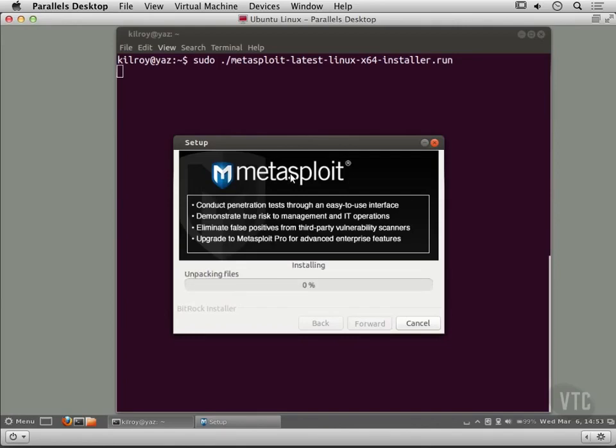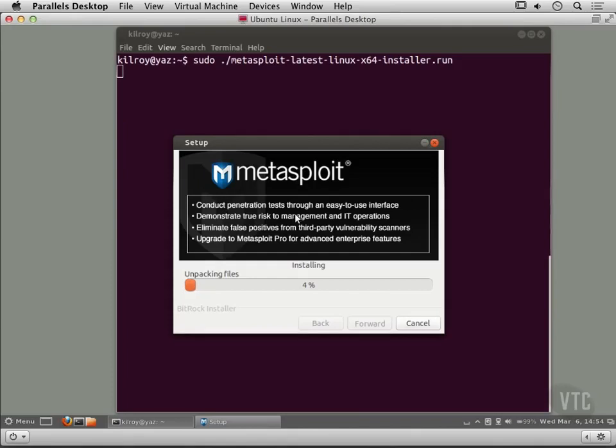It's going to install all of the command line utilities, which is primarily what we're going to be using. It's also going to be installing the web interface components as well. And I'll give you a look at the web interface components once they are finished and we've got it up and running. We'll take a quick look at the web interface in an upcoming lesson, but primarily we're going to